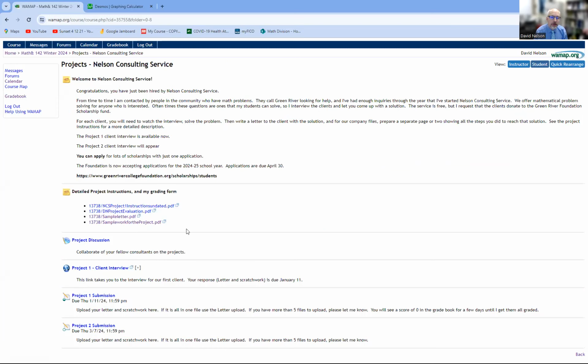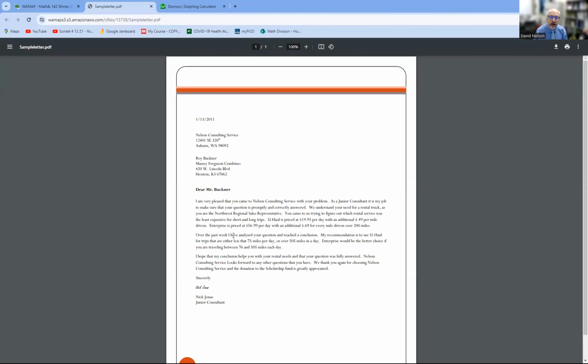and I'm expecting two things from you. Again, one is a letter to the client, in nice business format. You have to have a minimum of 3 paragraphs. You want it addressed to the client. Use the Nelson Consulting Service, which is Green River College's address, as the address that you're using on your business letter. Try to sign your letter if you can. Use a different font, make it look like it's handwritten if you can't actually sign it and get that into your computer. But the letter itself